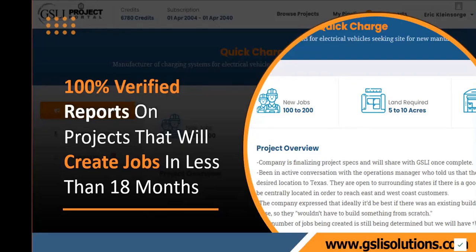They have to at least need 10 new employees, that'll create 10 new jobs in your community, and that they are searching outside of a 50-mile radius of their current location, so that they're not just adding a new wing to their existing facility. Our clients appreciate and enjoy the confidence that if they're looking at a project, they actually have a shot if it's a good match for their area, because it's a real lead.